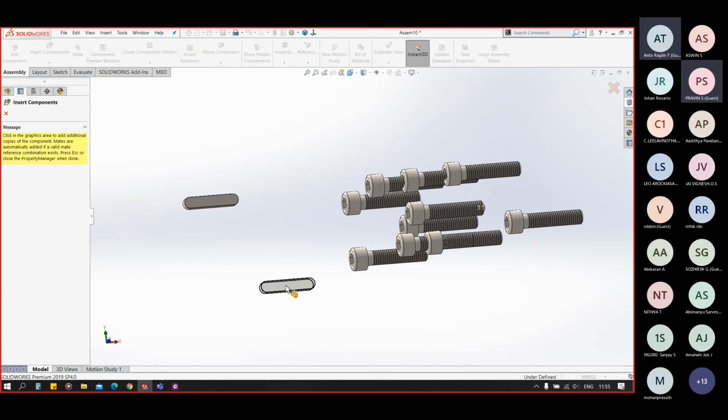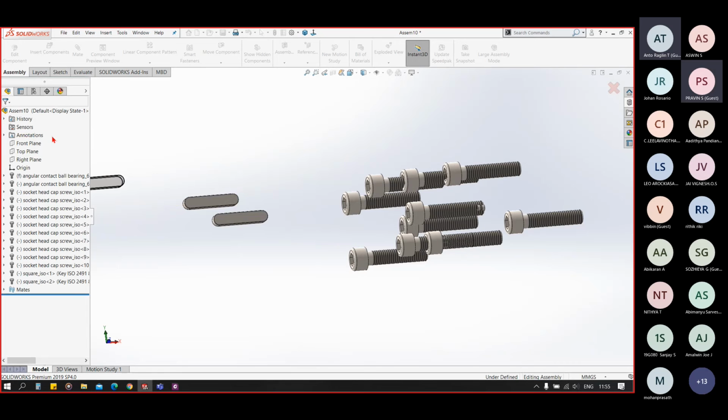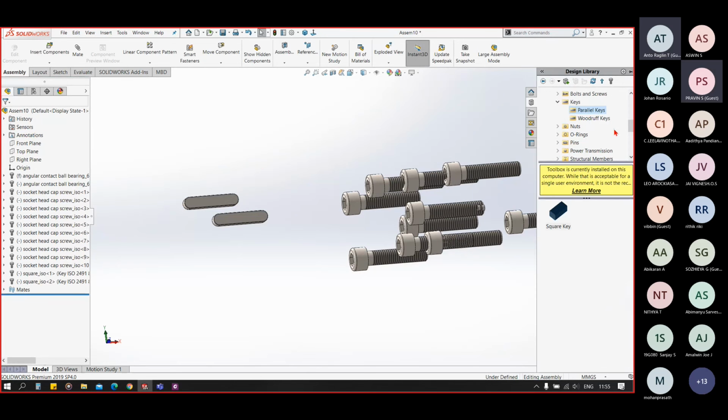I click on OK and it will be in my assembly. So basically this design toolbox is very handy feature for our standard components like nuts, bolts, gears, chain wheels, structural members, and that. So I'm showing you one type from each, and you can use that according to your design.